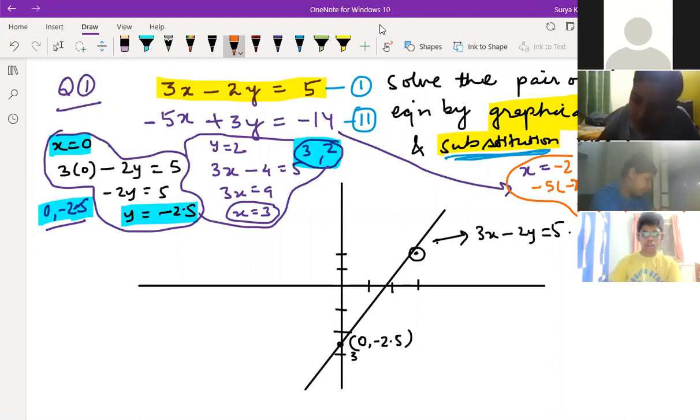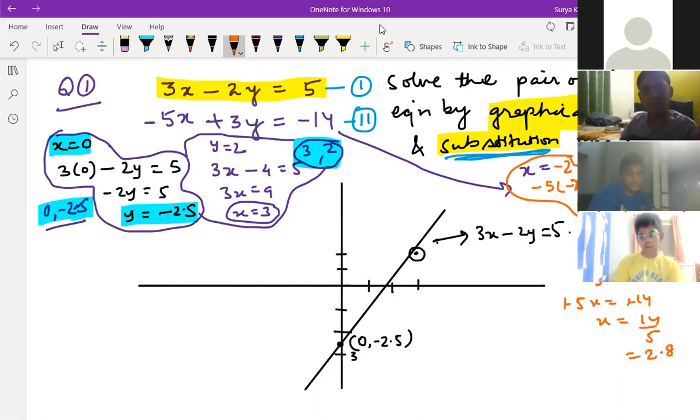Okay, now the second one. What value of y should you put so that you will get a proper x here? What should y be? If y is equal to 0, you're getting 14 by 5. 14 by 5 is also no problem at all. You can put y is equal to 0. So we'll get minus 5x is equal to minus 14, right? So x is equal to 14 by 5. 5 twos are 10, 10 2.8, correct? The 2.8 you can mark because there are 8 partitions, right? The 2.8 is proper only.